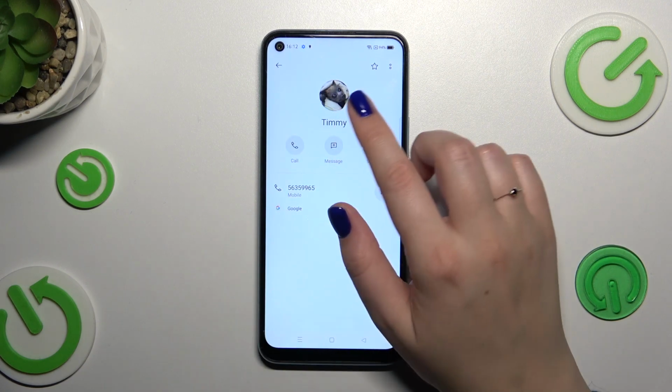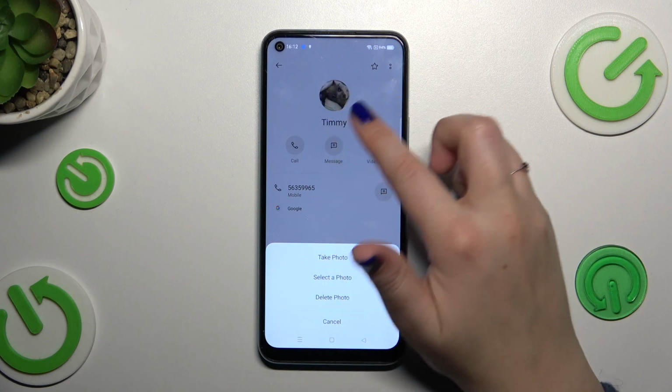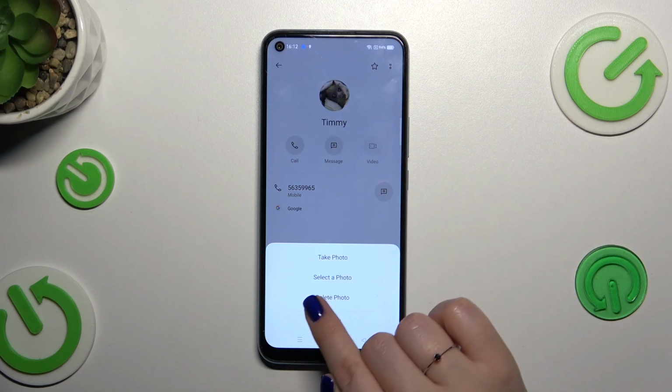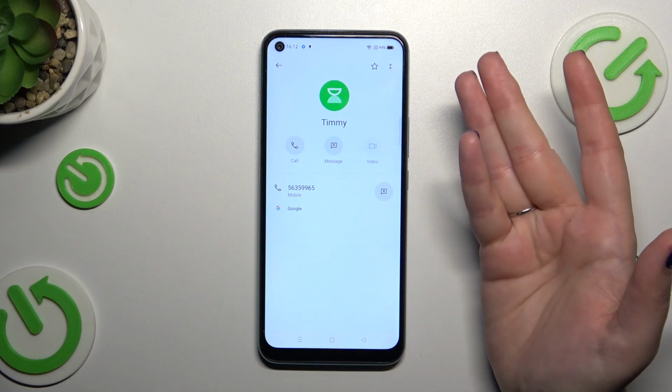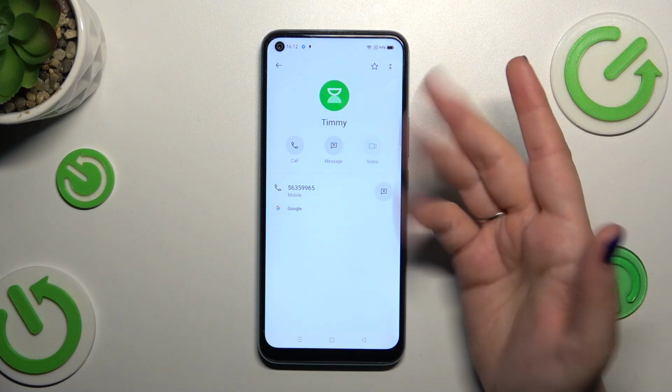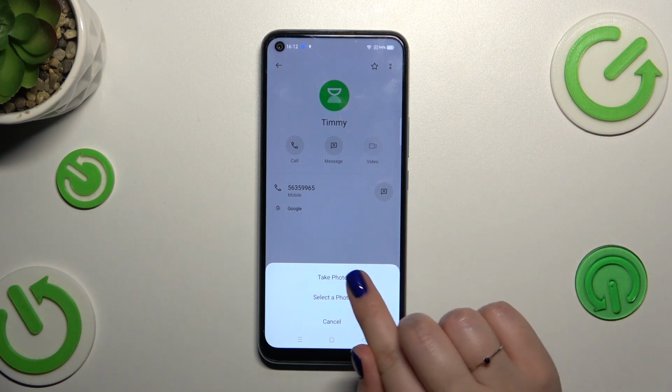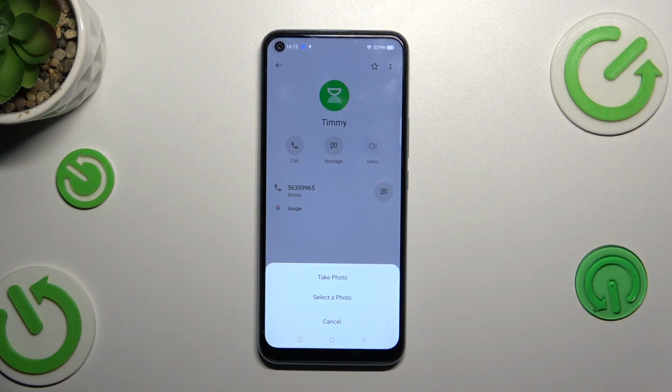Now let's tap on this circle because you will not have the photo here, so let me quickly remove it. As you can see, we'll have this strange icon, so let's simply tap on it, and here you can either take a photo and your device will